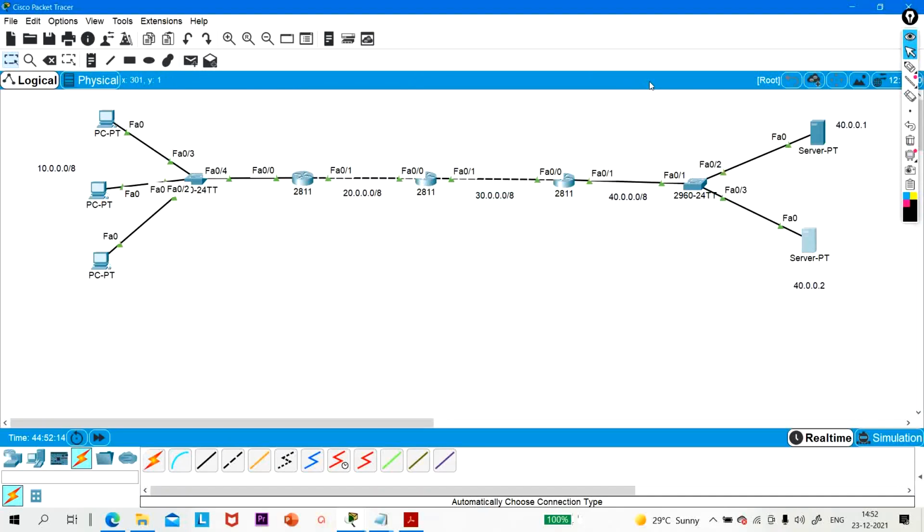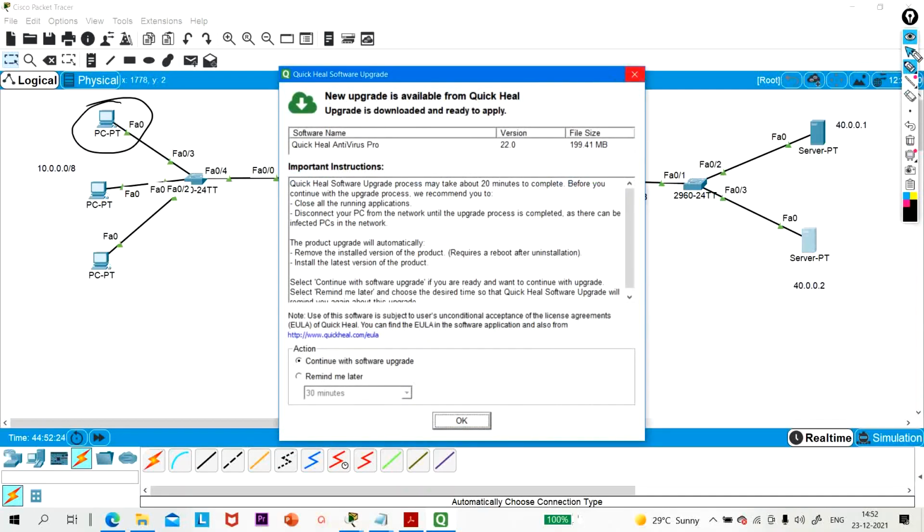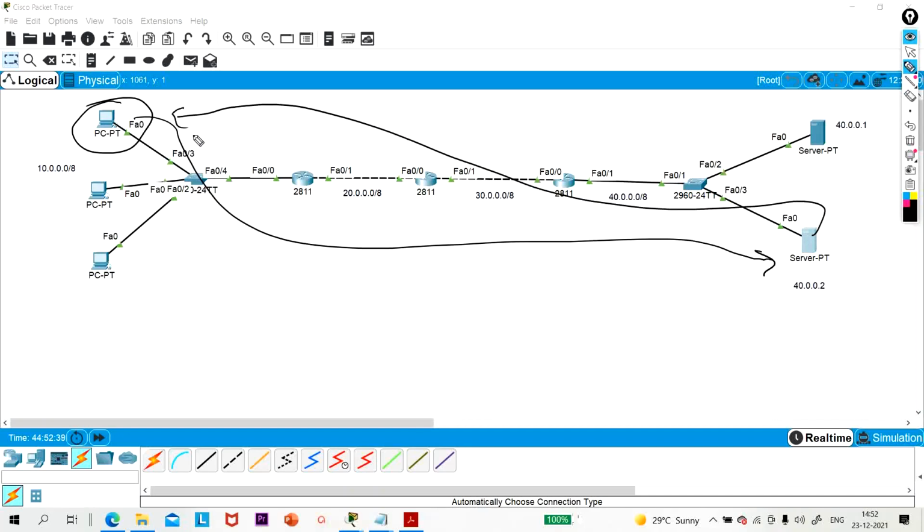Now what will happen? When I type www.google.com in the web browser of PC1, PC1 will generate traffic for the DNS server, saying tell me the IP address of www.google.com, and then the DNS server will give the IP address to this PC, right?